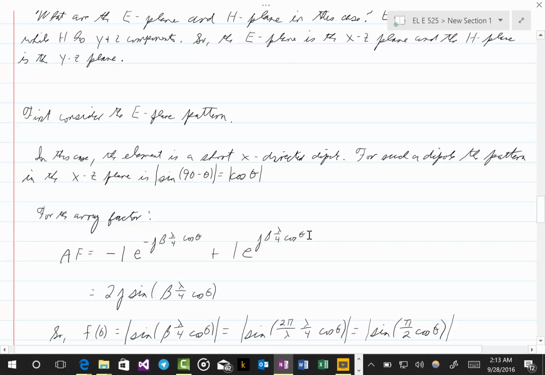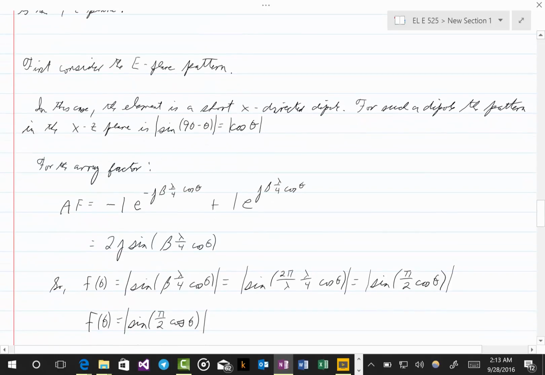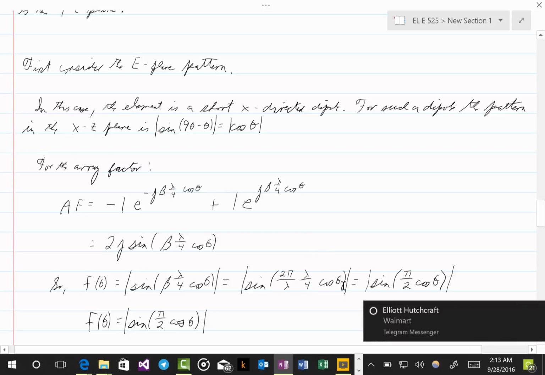And again, going to one of the Euler formulas, we see that that is 2j sine of beta lambda over 4 cosine theta. And so the normalized array factor will be the absolute value of sine beta lambda over 4 cosine theta, which is sine of 2 pi over lambda times lambda over 4 cosine theta, which after we cancel the lambdas and cancel 2, we will get